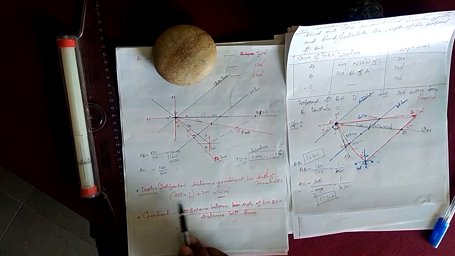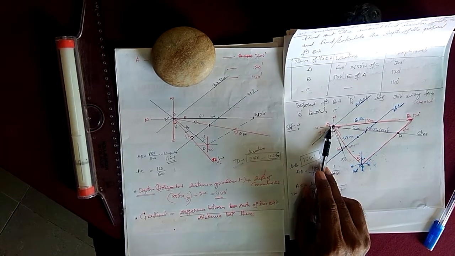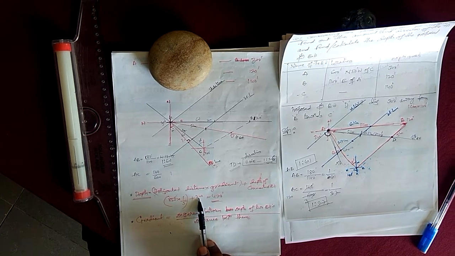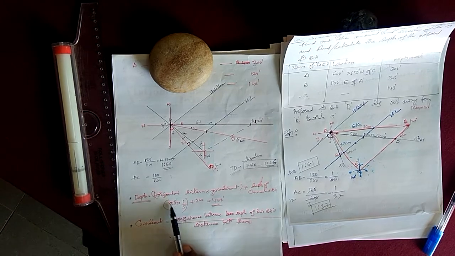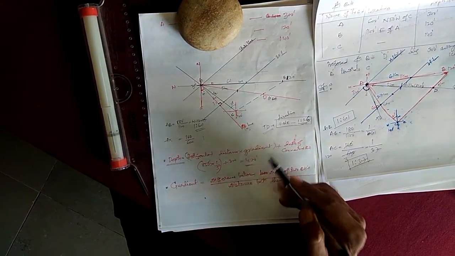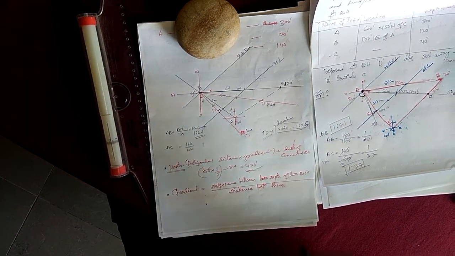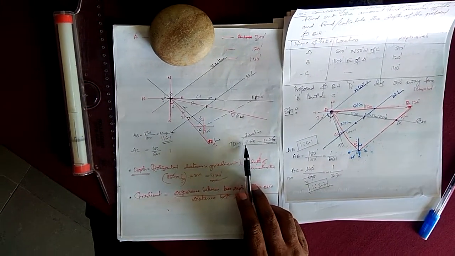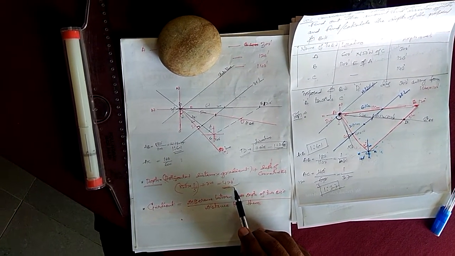It is the gradient, plus the depth of the connected borehole. This borehole is connected to A. Depth of borehole A is 300, so it is plus 300. After the simplification, 850 divided by 5, you will get somewhere 170. 170 plus 300 is 450, which is the depth of the proposed borehole. These are the two points you have to calculate, friends: one is the amount and direction of the true dip, and the second is the depth of the 4th proposed borehole.